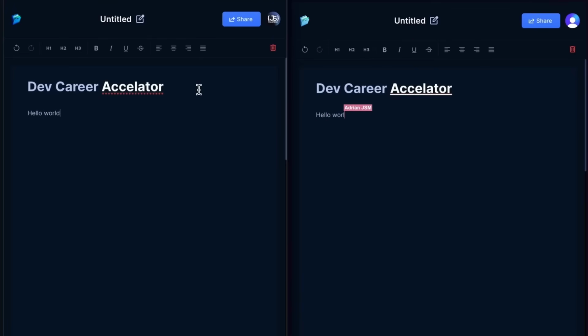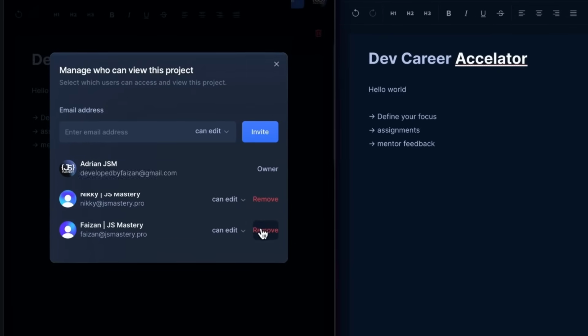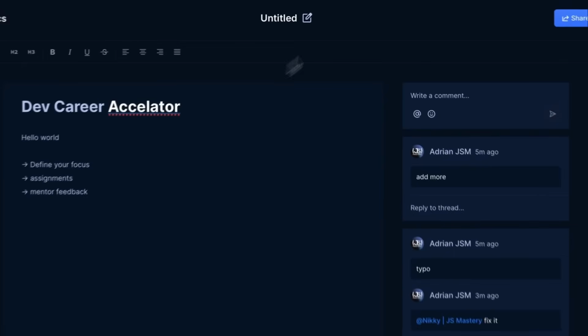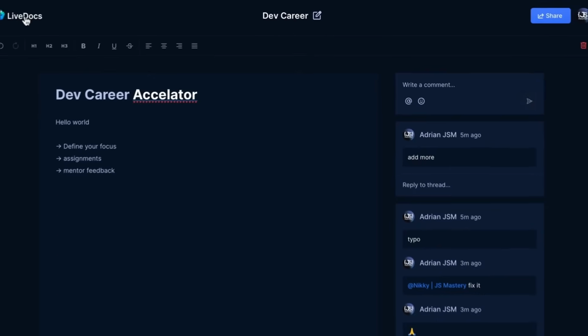I can't type on two screens simultaneously, but hey, look at that active collaborator. They're editing the same document as you with their cursor waving around to show exactly what they're up to. And if they're causing any trouble, you've got the power to revoke their access. Your call. Next, you can change the document title, and once saved and back at the home screen, changes are